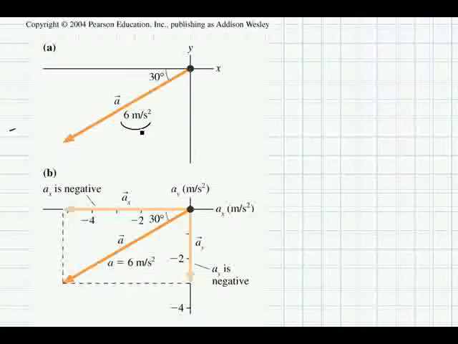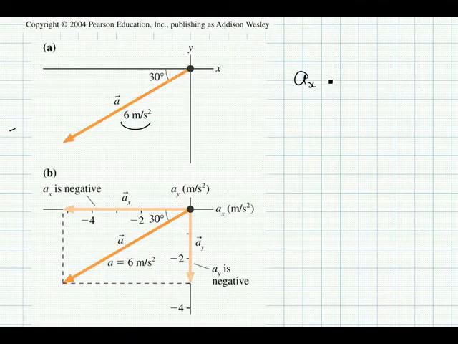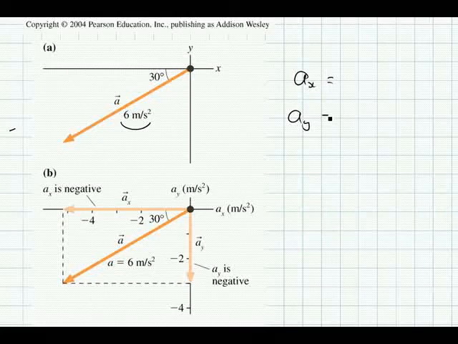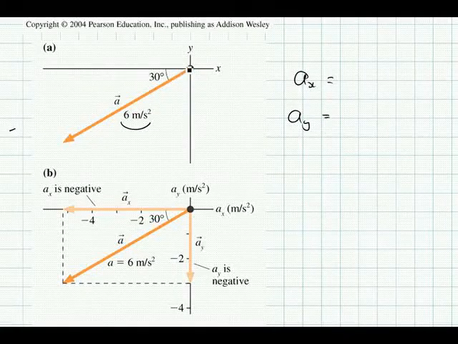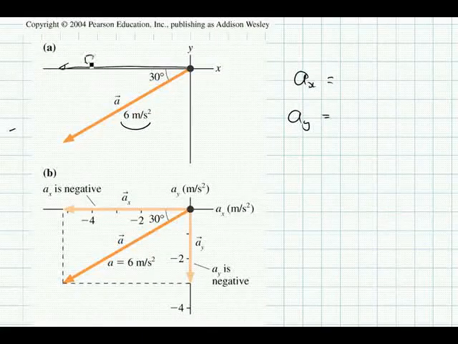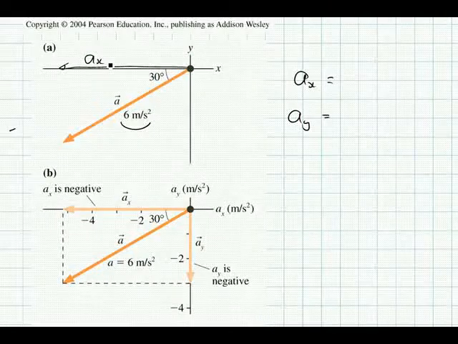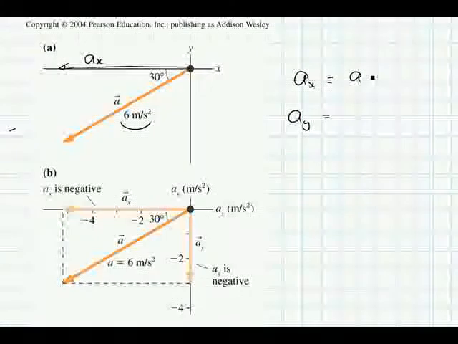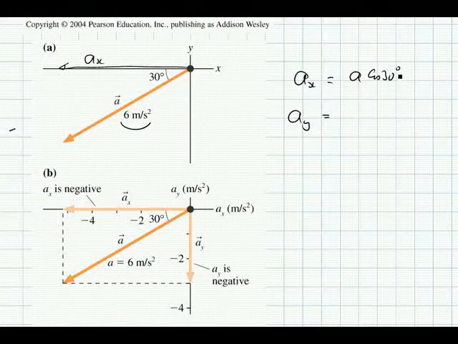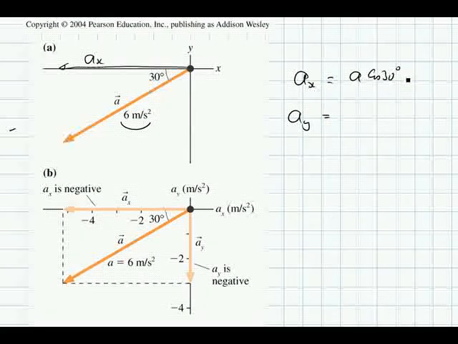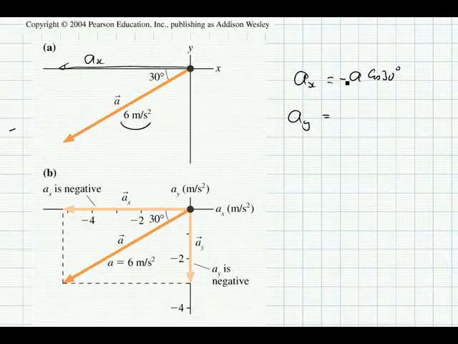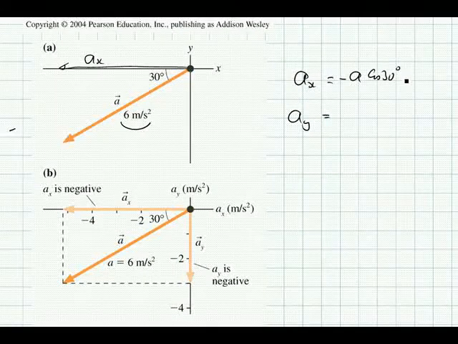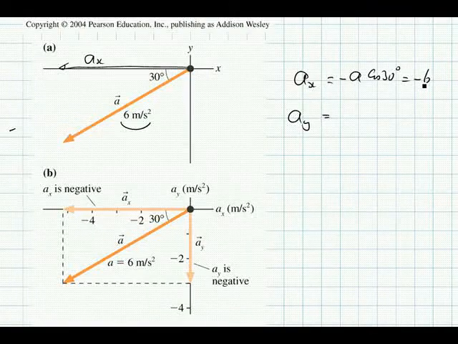So if you're interested in figuring out Ax and Ay, well, Ax, which is this component here, is equal to A, the magnitude of A, times cosine of 30 degrees. And it's in the negative direction, so we have a negative sign there, and that's equal to minus 6 cosine of 30 degrees,